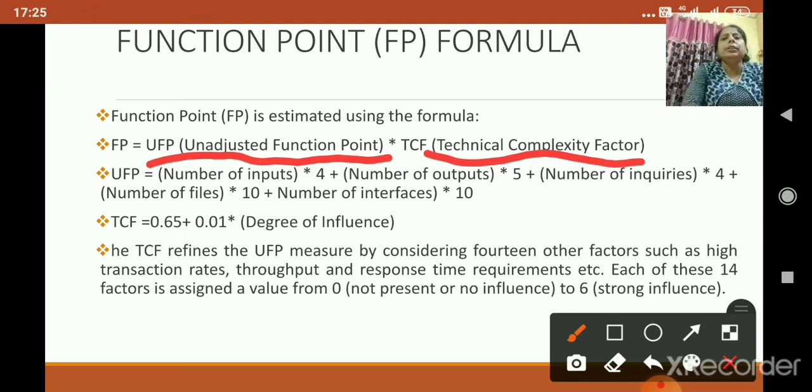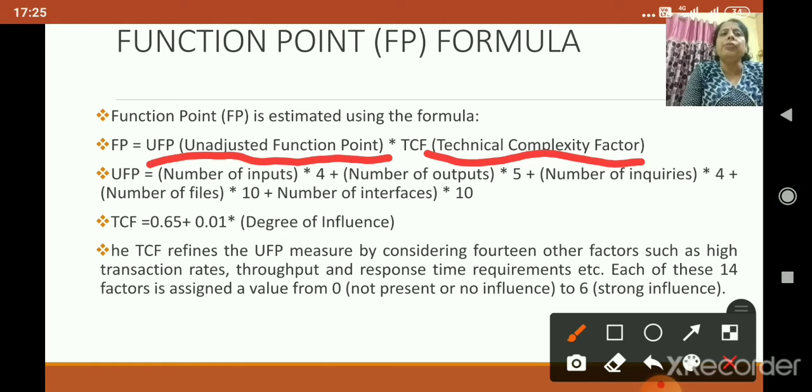The TCF refines the unadjusted function point measure by considering 14 other factors, such as high transaction rate, throughput, and response time.